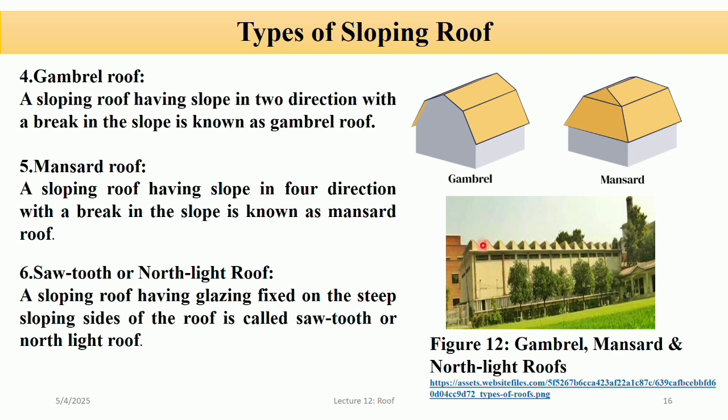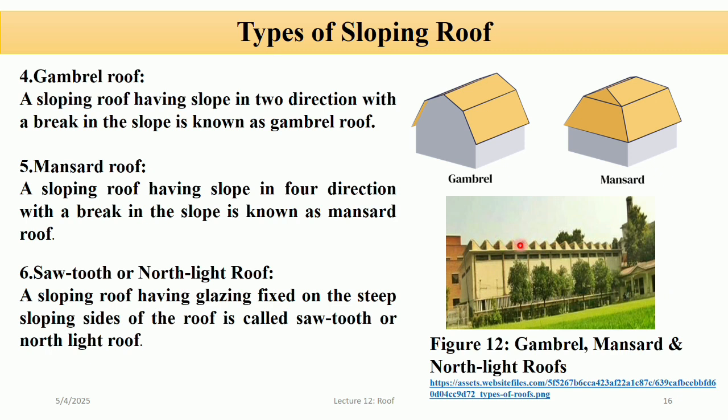And the glazing is fixed in the sloping sides. So the shape looks like the teeth of a saw, hence the name. And it's commonly used in industrial buildings and factories to provide natural light. The advantages of such a building are it provides consistent natural daylight without glare, and it is ideal for workshops